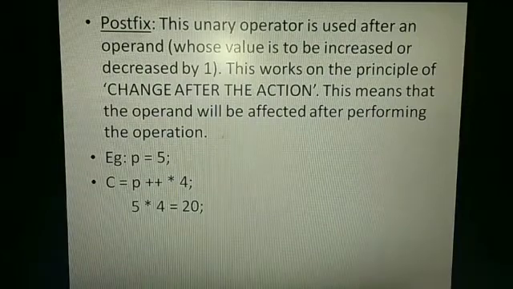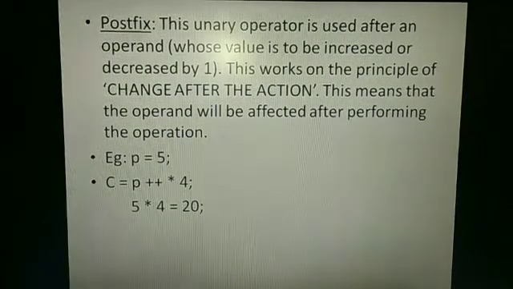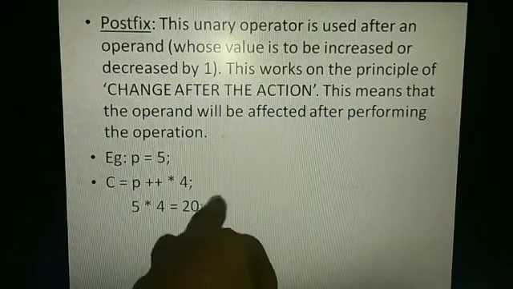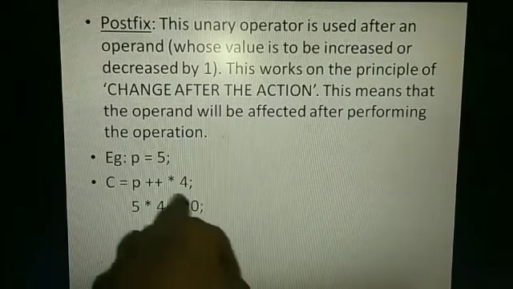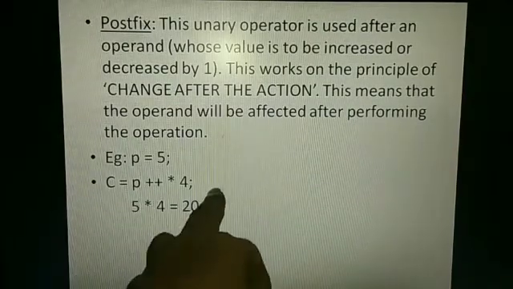But what happens is, it is not incrementing after the action, because the expression is ending here.